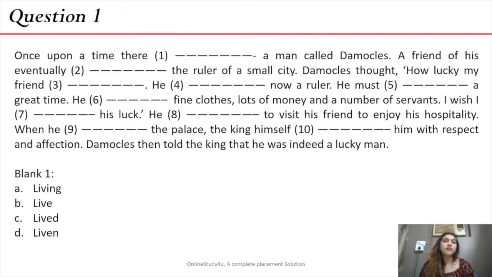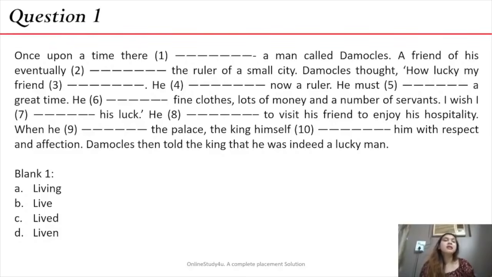Now, if you look at this first question out here, it's an example of a cloze test passage. You see there is one paragraph which has approximately 10 blanks, and for each blank we have 4 options that we need to select from. So our job is to figure out which one is going to fit for blank 1, for blank 2, etc. Okay, so I'd suggest that you guys actually solve the passage alongside me.